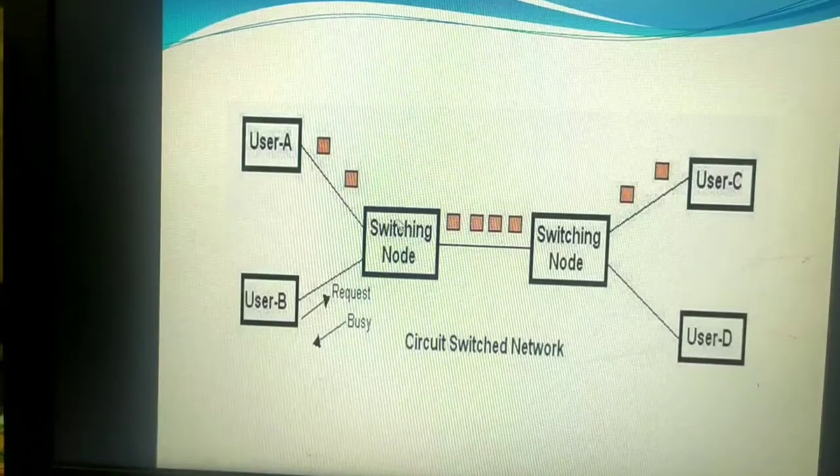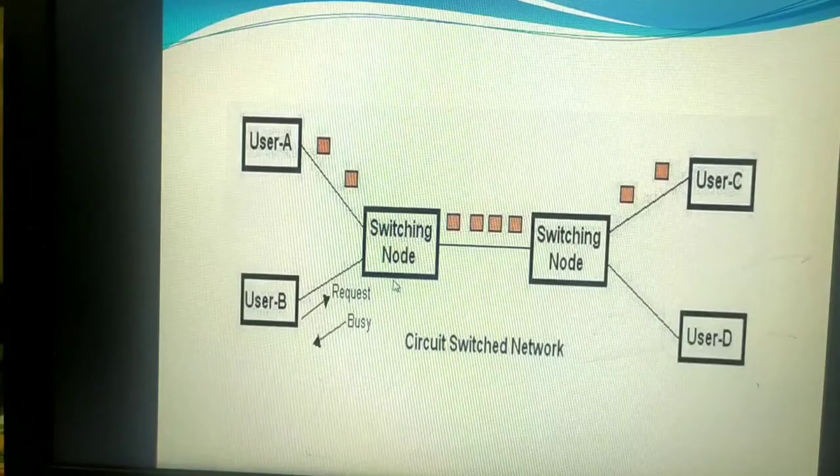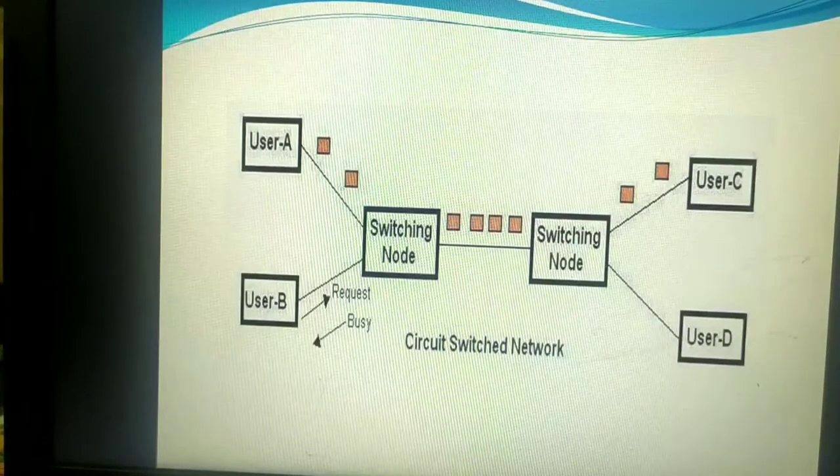If he is free, a physical connection will be established. Already all these four people are connected with wires. All landline phones have cables, and all mobile phones are wirelessly connected. Here the connection may be wired or wireless.